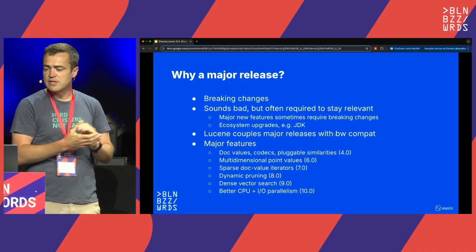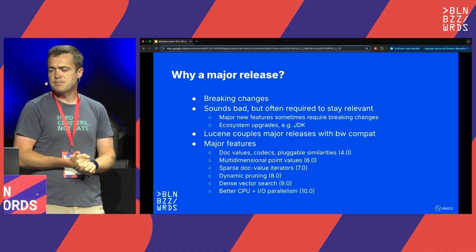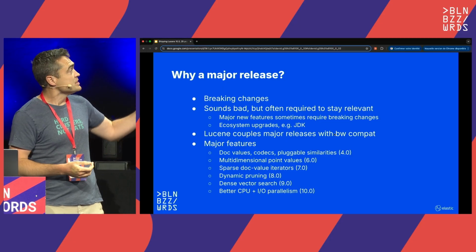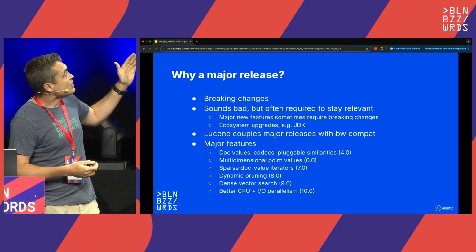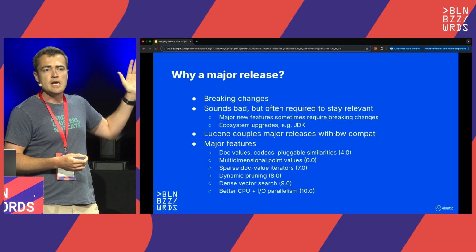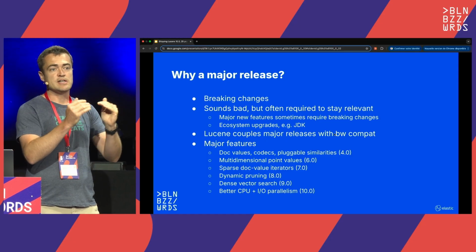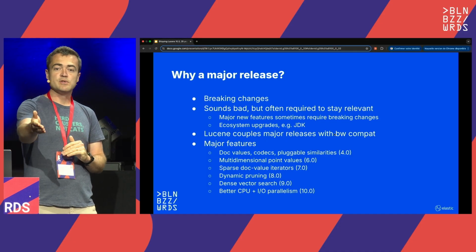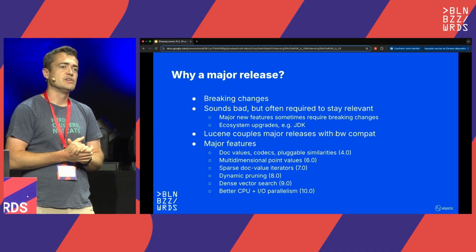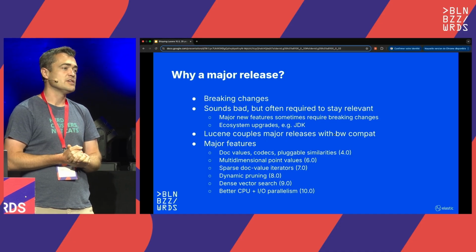And that's the sort of breaking changes that happen in major releases. Another kind of breaking changes that we do is upgrading the Lucene ecosystem. In the case of Lucene 10, we bumped the minimum required version of Java to Java 21. There's going to be a talk by Uwe Schindler in France Salon at noon, if you're interested in learning more